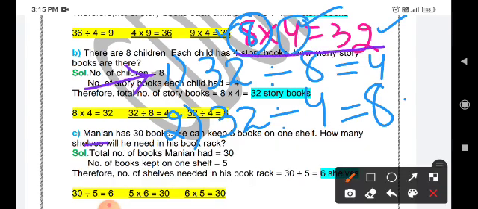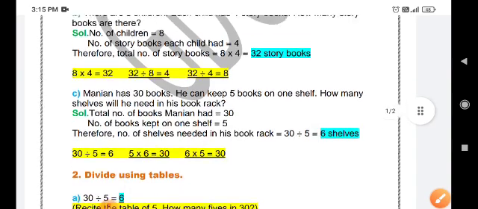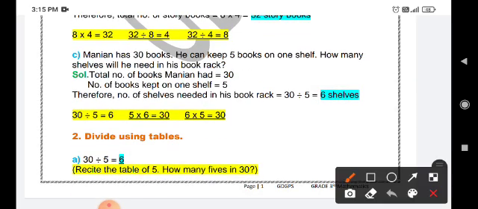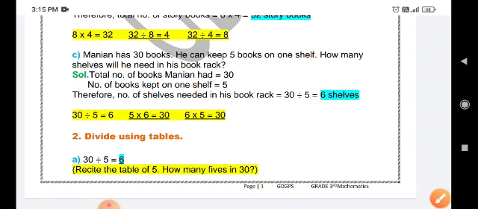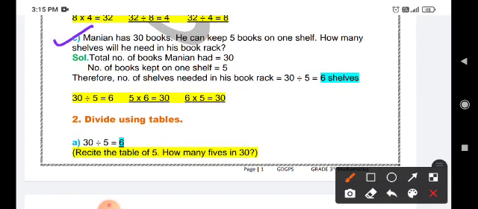For the multiplication fact 8 multiplied by 4 equal to 32, two division facts are given here. 32 divided by 8 gives us 4. And 32 divided by, now instead of 8 you will write the other factor, that is 4, and your quotient will be 8. So this is how you are going to solve the story sum. Then write the multiplication fact or division fact, whatever you have obtained. Okay, come to part C now.